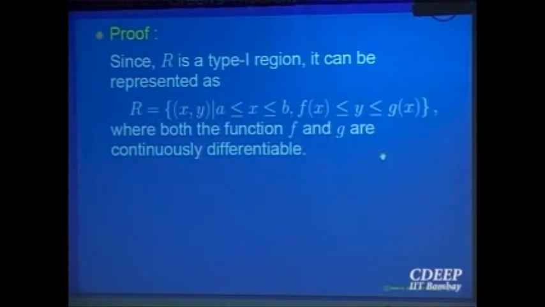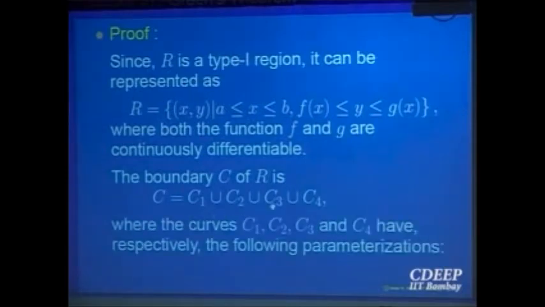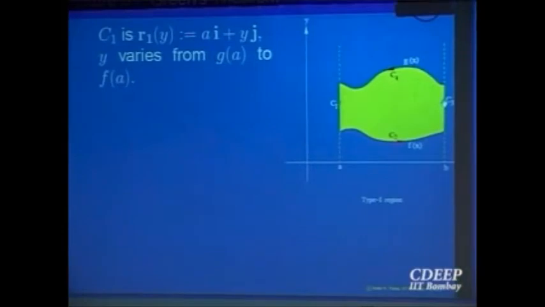So this boundary of the region R will have at the most 4 pieces. So let us look at those 4 of them: C1, C2, C3 and C4. f(x) is the bottom, right? g(x) is the top, and C1 and C2, the other two, are on the side going parallel at the most to the y-axis. So C1, C2, C3, C4, this is what the region looks like. It is R1. This is a region of type 1.